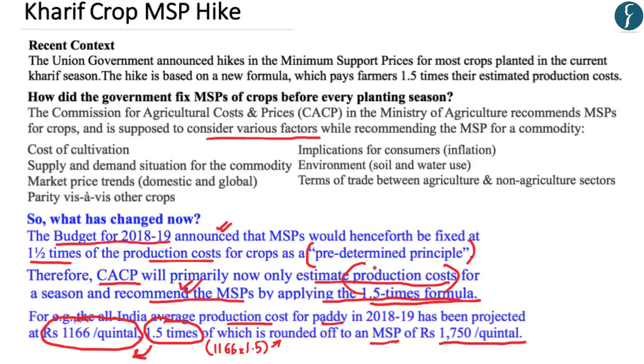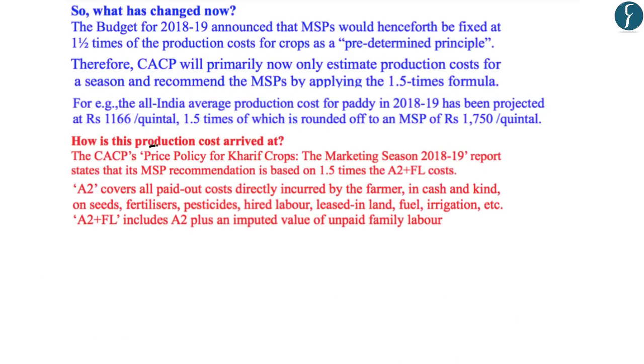Now apart from this, another aspect that you should understand is how the production cost is calculated. How this production cost is calculated is seen in the Price Policy for Kharif Crops report of the Commission of Agriculture Cost and Prices. And under this report, it has stated that the MSP recommendation is based on 1.5 times the A2 plus